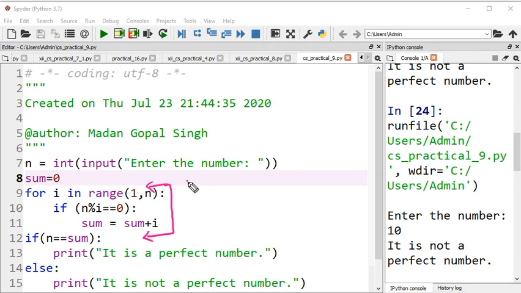So let's create a variable i equals 1, then for the while loop you will apply i less than n, not less than or equal to.